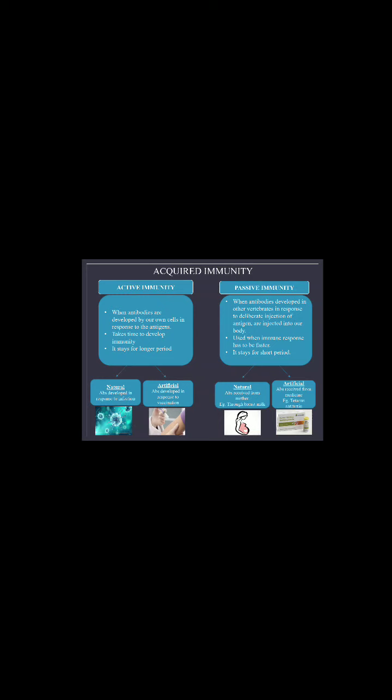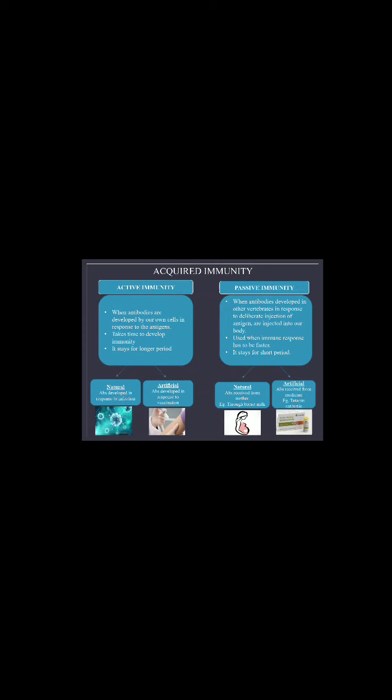Do you know what is vaccination? Vaccination is the process of introducing a vaccine. And what is vaccine? When weak or dead germs are introduced to our body to produce antibodies against that pathogen. That is artificial. So artificial is through vaccination, and natural is when antibodies are produced by our body against an infection.